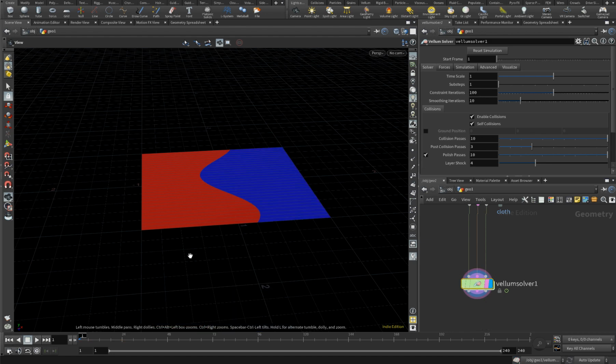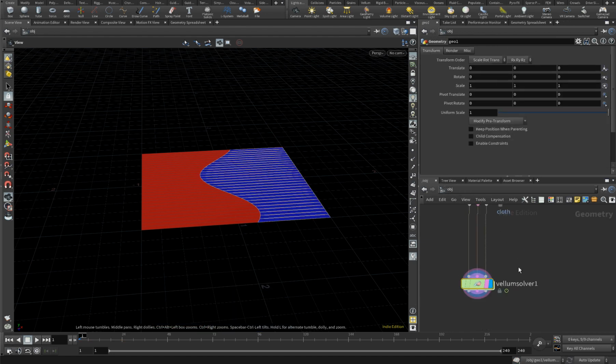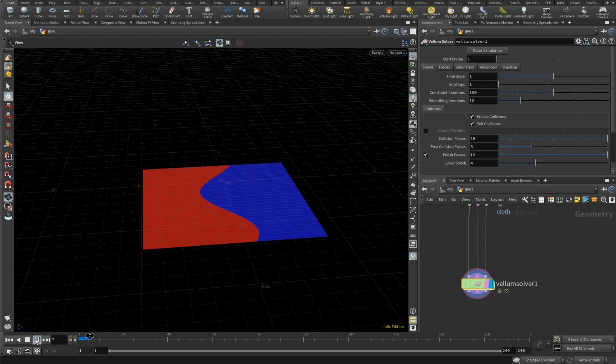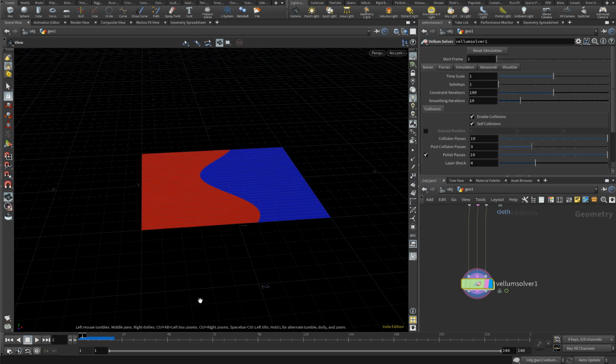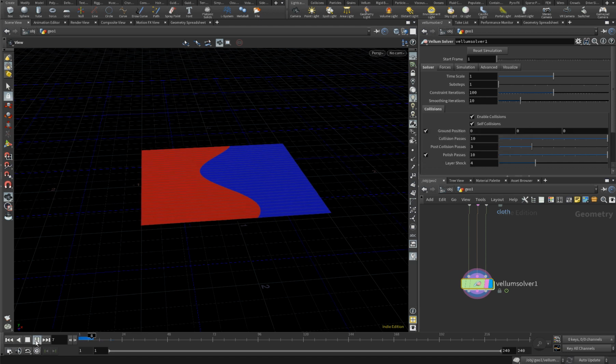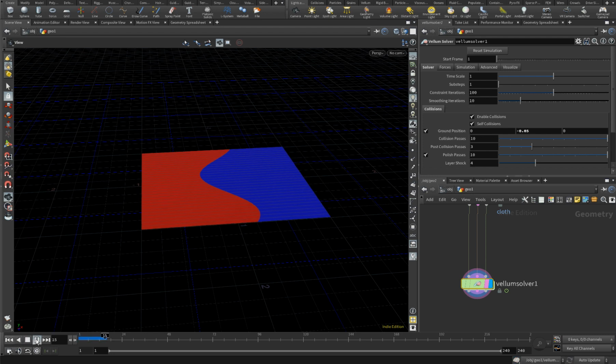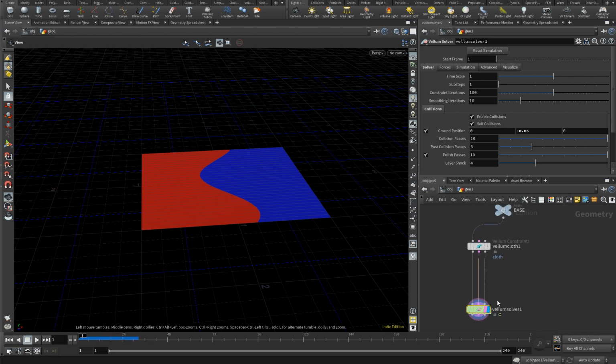Okay, what's this? Sometimes it happens. Okay, so it just falls. I don't want the plane to fall off, so I'm gonna make a ground at the 0, 0, 0 position. Okay, let's make it a little bit lower, something like minus 0.05. Okay. Now it just falls on the ground and doesn't do anything,